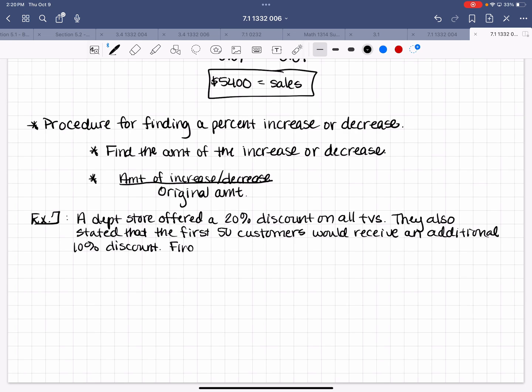Find the total percent discount for a TV costing $1,000. Okay,